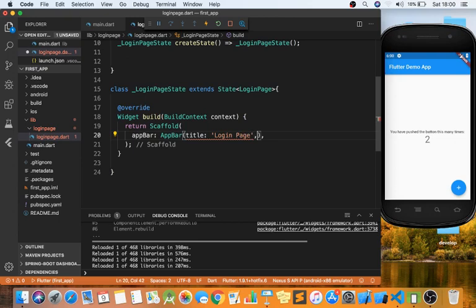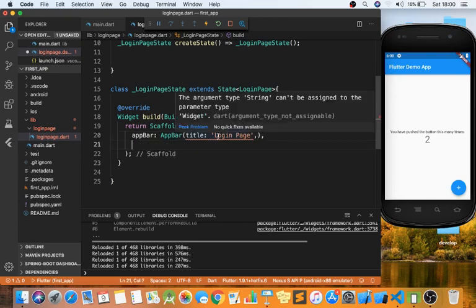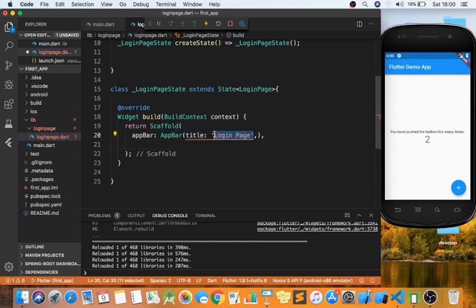Here it is. Okay, so probably text elements, and that would be